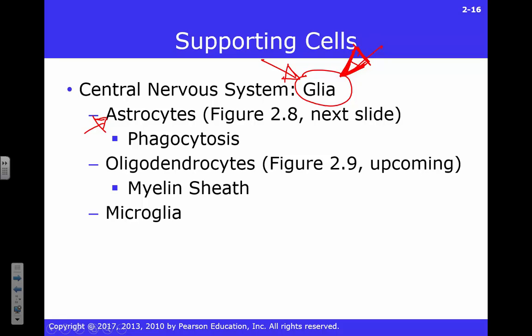Oh, we didn't talk about the blood-brain barrier in this class, did we? No. We need to talk about the blood-brain barrier at some point. So now seems like an okay time to do it. The blood-brain barrier is a barrier between the blood and your brain. Just in case you didn't get that from the name. The point of the blood-brain barrier is, how many of you have ever ingested something you probably shouldn't have had in your brain?